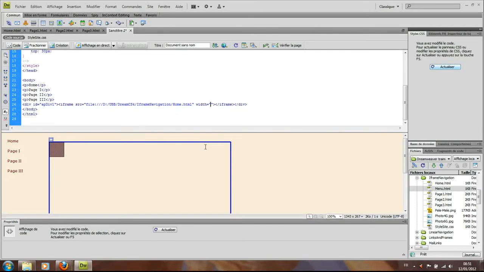Remember, I wrote on the paper the exact dimensions of my frame. So here I will enter 600 pixels width,